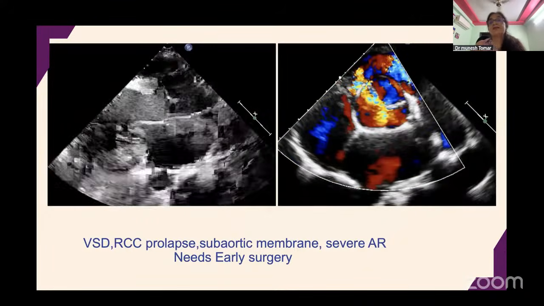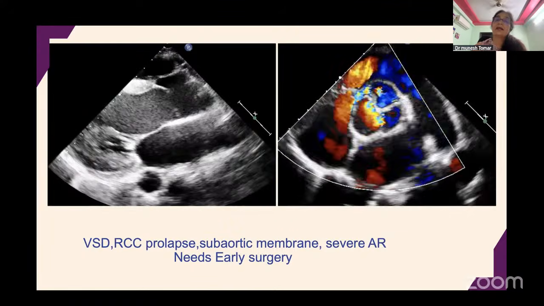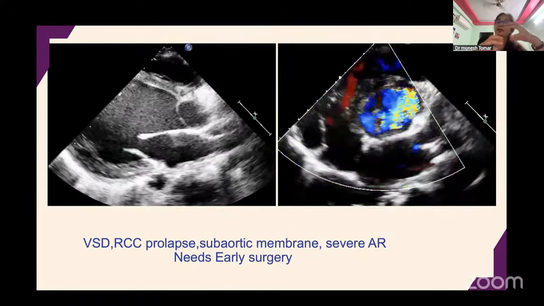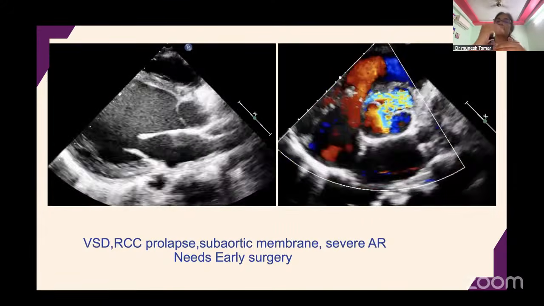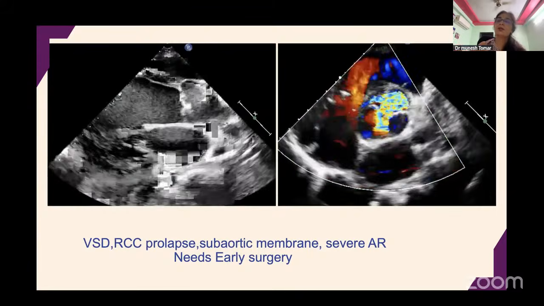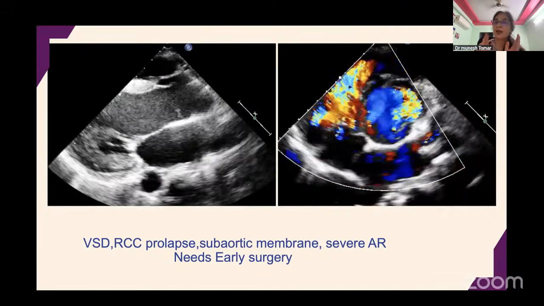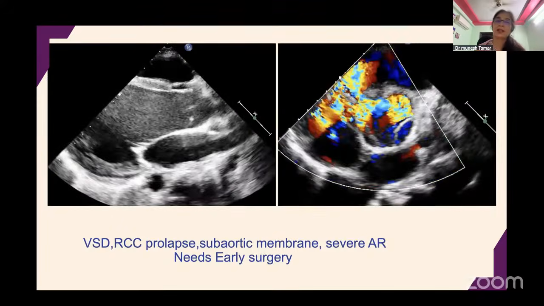VSD is the most common congenital acyanotic heart defect, but clinically the VSD is getting restricted. The child is getting better, and because of the restriction, because of aortic valve prolapse, ultimately they will develop aortic regurgitation. Slowly, if we miss that finding on echocardiography, then the child presents later with significant aortic regurgitation, and obviously